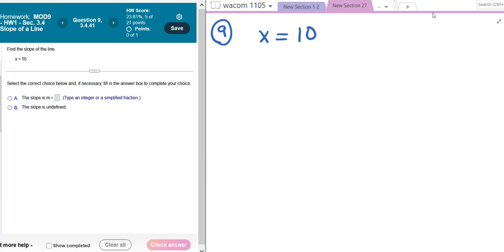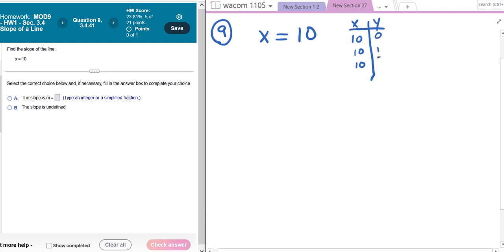But if we forgot that, we could make a little table and say, okay, I can graph this, but my x always has to be 10, and I can put any y I want. And if we just did a little graph, right, and then it would be 10, 0, 10, 1, 10, 2, and you would see, oh, this is a vertical line. Sorry, I got too far to the edge there. But that would remind you whether it's vertical or horizontal. Only having one variable, that tells you it's one of the two. So this is a vertical line,